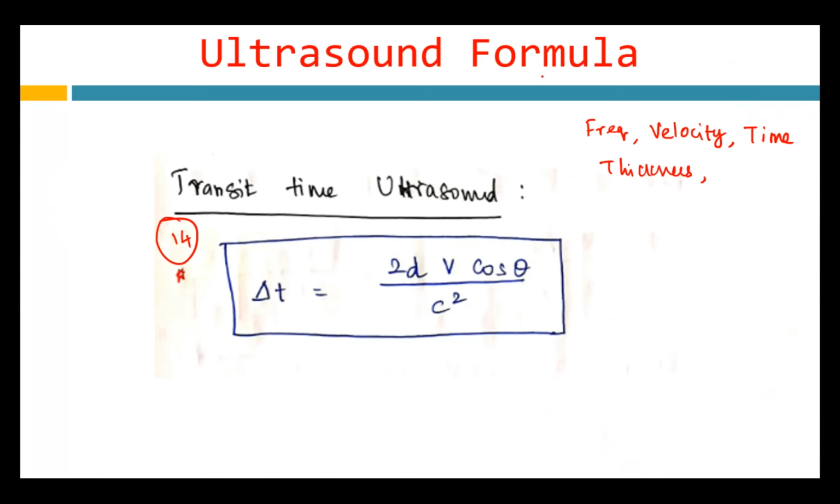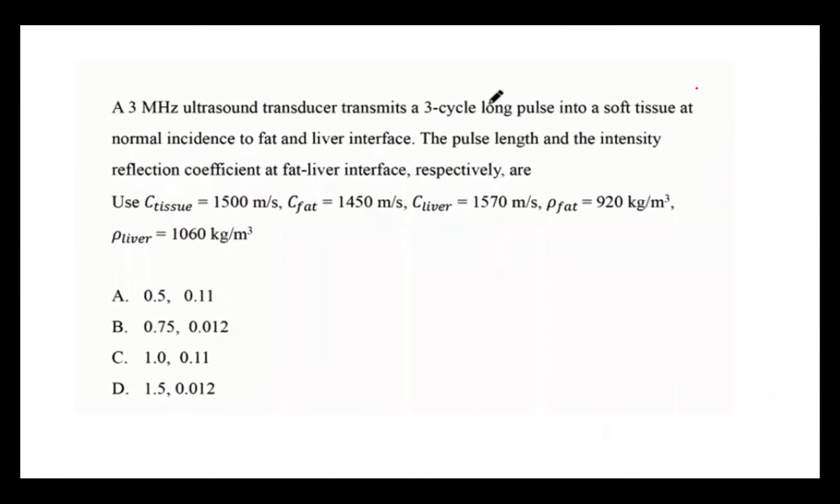So if you get the Doppler shift, the parent equation, first, then transit time can be calculated from it, velocity can be calculated, you can even calculate frequency, you can calculate speed. All those things are in the core formula, right? I will send this formula to you, you just try to recall all those formulas. If you are good in formulas, it's very easy to infer the questions, right? So this is the first question we're going to solve today.